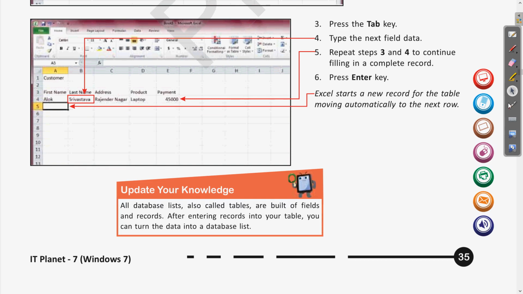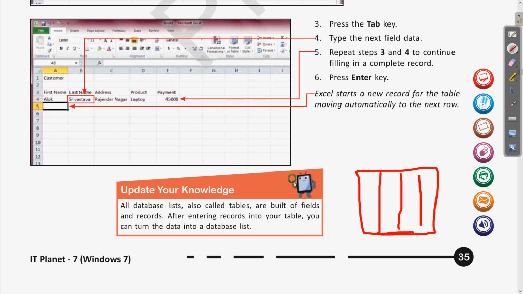All database lists are also called tables, and are built of fields and records. Clear? So any of these tables where we are entering data is a combination of different fields and records. We have just seen fields are the different columns and rows are the records. So a table is a combination of fields and records.